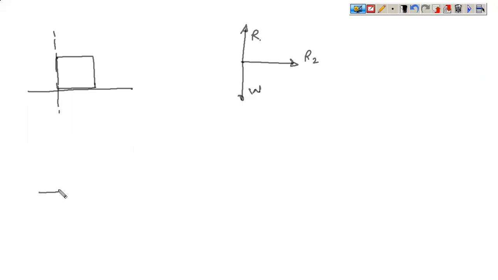Now let us say that it is placed on an inclined plane. So if this block was placed on an inclined plane, let us say this is 30 degrees, and the block is kept like this. The weight will obviously be acting vertically downwards. Weight has no other direction of application. Now the reaction is offered in this direction.